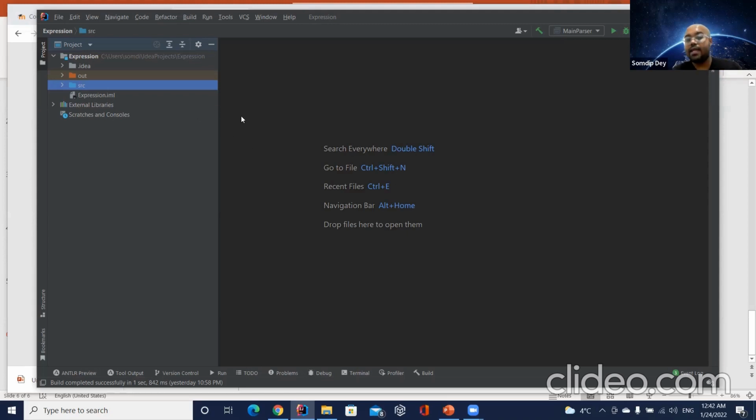Let's create an example. The example that we are going to create is: let's define the grammar to parse expressions. An expression can be something like 100 plus 2 multiplied by 3. This can be thought of as an expression. This needs to be processed by your grammar to generate the parse tree. The way we will do that: first click on the src,